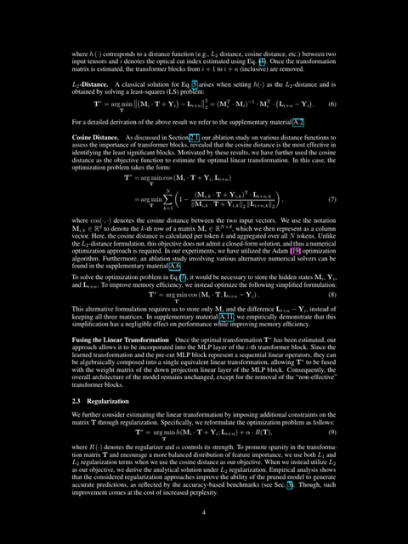Our ablation study on various distance functions to assess the importance of transformer blocks revealed that the cosine distance is the most effective in identifying the least significant blocks. Motivated by these results, we have further used the cosine distance as the objective function to estimate the optimal linear transformation. In this case, the optimization problem takes the form